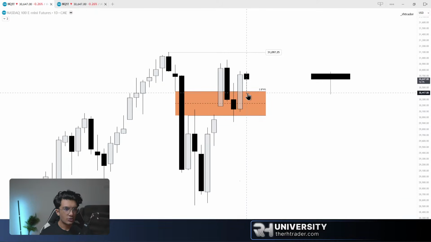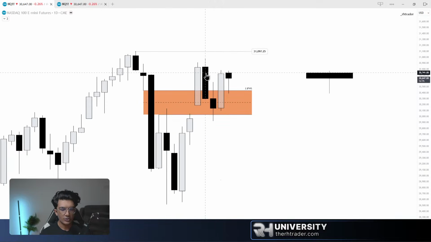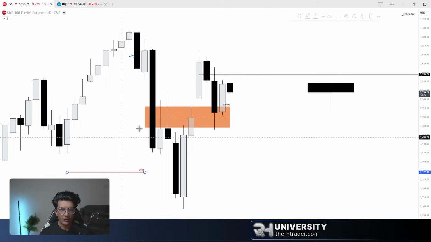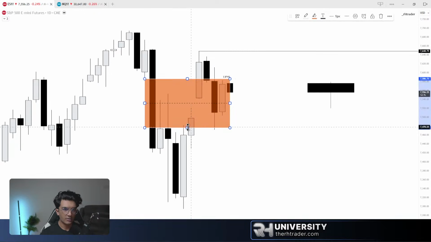All right. So you can see we have another test here. So this just tells me that price wants to push higher. We have this high right there, this high right there. Price should really just smash it higher to take out these highs, right? Moving to ES, we have the same thing here. Objective is going to be this high for ES.